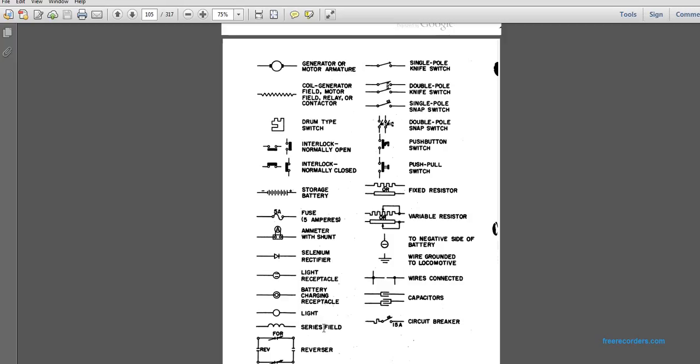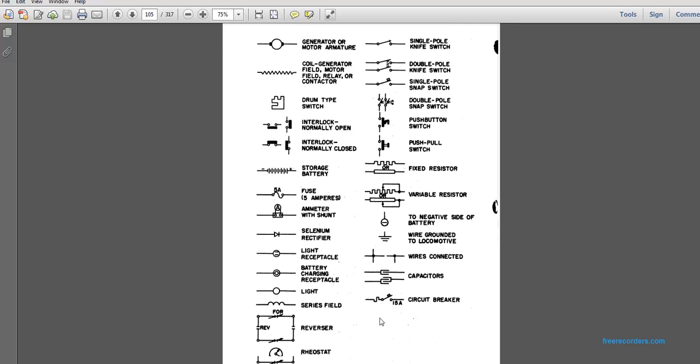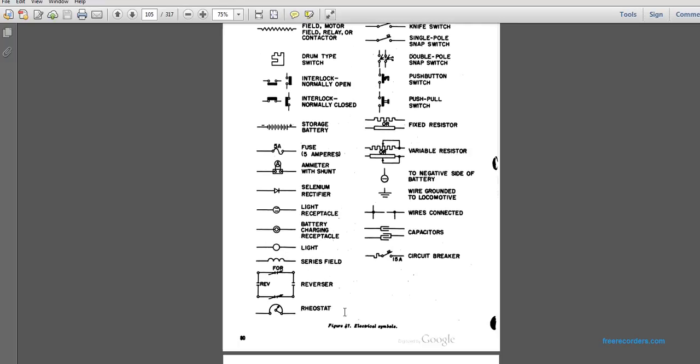The circuit breaker is then given a fixed resistor with a switch and a 15 amp rating, and given the ampere rating as a switch. The reverser is given two sets of lines and a box of the current relay. Think of the commutator like a different setup with different tapping of the wire. A rheostat,